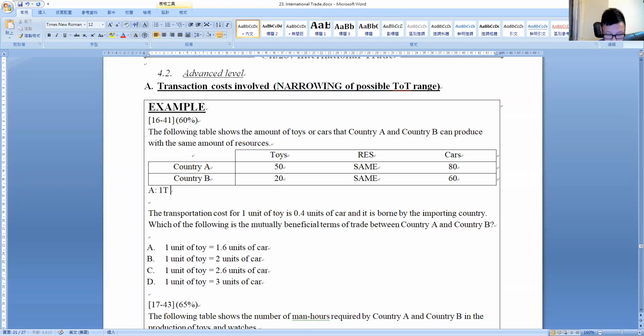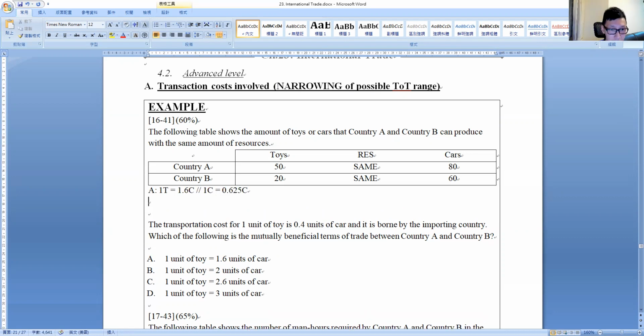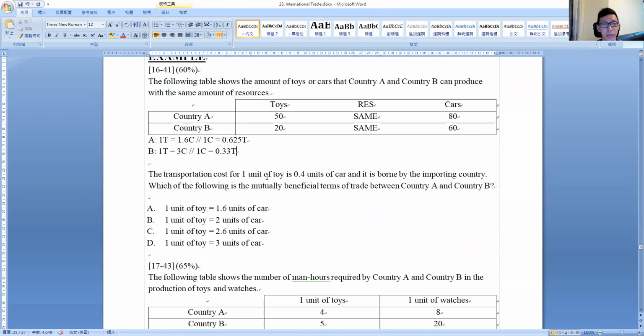For country A, 1 toy equals 1.6 car, or 1 car equals 0.2 toy. Or for country B, 1 toy equals 3C, or 1C equals 0.33 toy, something like that. 好嘛，望望啦。